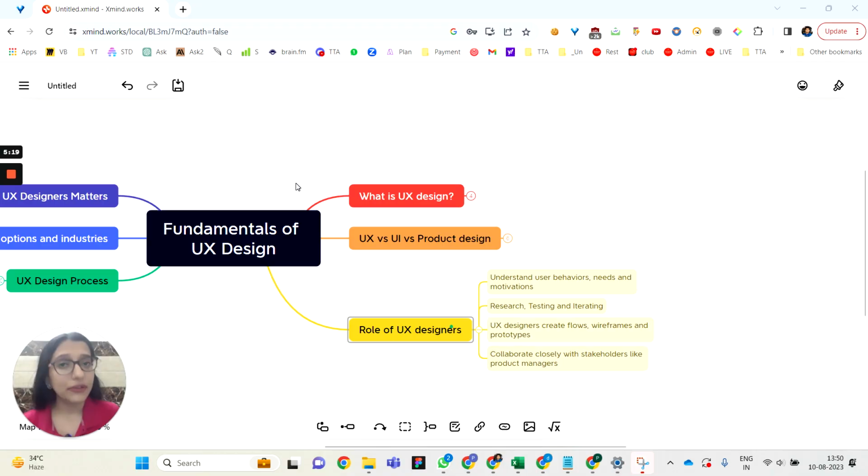So apart from this, the UX designer does the research. Research in the sense that it can be with any kind of medium, by interviewing the users, by asking certain questions, with the help of polls in any kind of open community, any kind of thing. They can do this